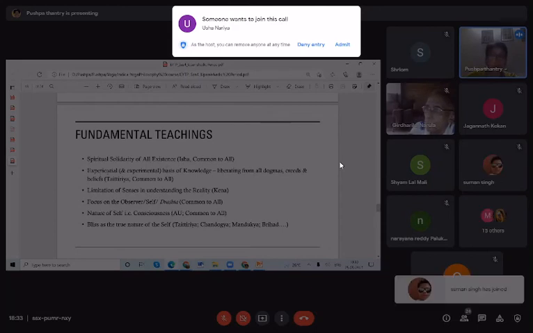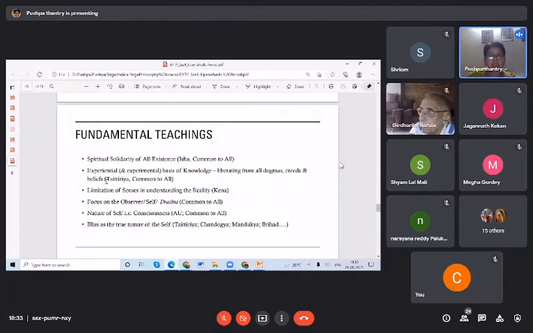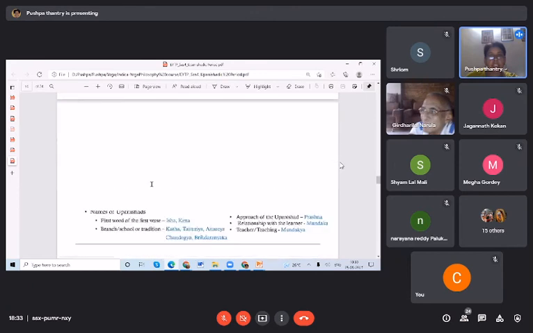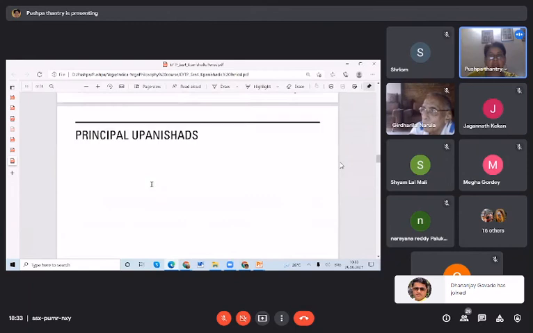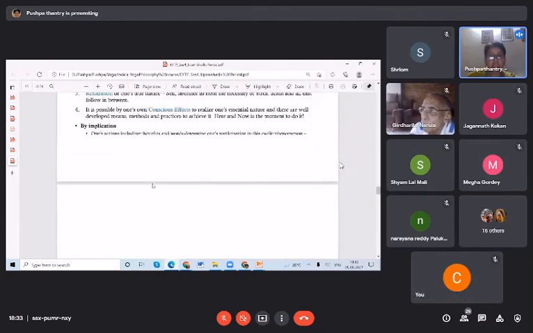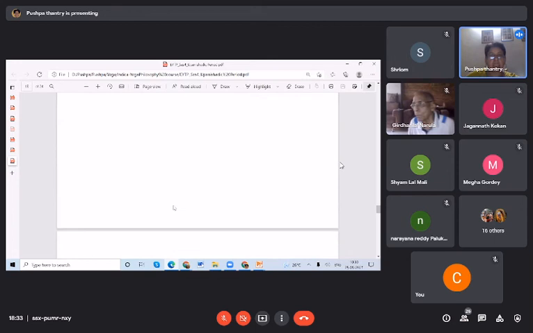No differentiation between human beings, animals, birds, anything. Everyone is divine, and there is an experiential and experimental basis of knowledge, liberating from all dogmas, right? Like it is clearly told: Shravanam, Mananam, Nididhyasanam. At the end of the day, whatever theory we read, it has to be experiential, just like yoga, right? It has to be experiential. I have to experience, I have to practice, I have to meditate to realize the Brahman within me. That's what it says.